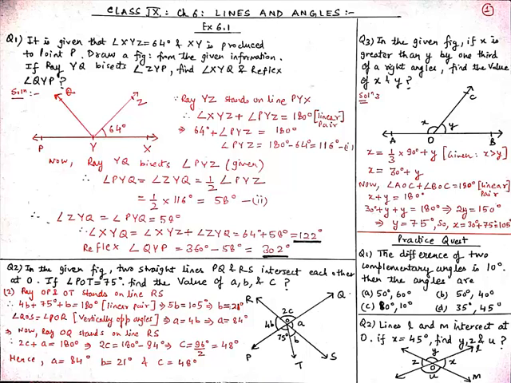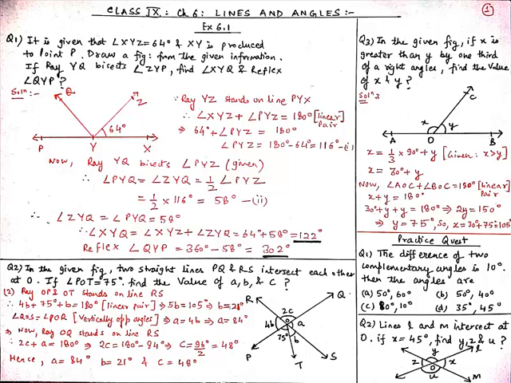And now angle QOS is equal to angle POR by vertically opposite angles. So from here we can say that A is equal to 4B. And we know that the value of B is 21 degrees. So A is equal to 4 into 21 which is equal to 84 degrees. And now ray OQ stands on line RS. So by linear pair we can say that 2C plus A is equal to 180 degrees. So from here 2C is equal to 180 minus 84 degrees. Therefore C is equal to 96 degrees upon 2 which is equal to 48 degrees. So from here A is equal to 84 degrees, B is equal to 21 degrees and C is equal to 48 degrees.